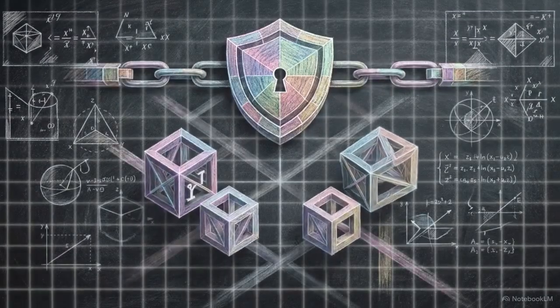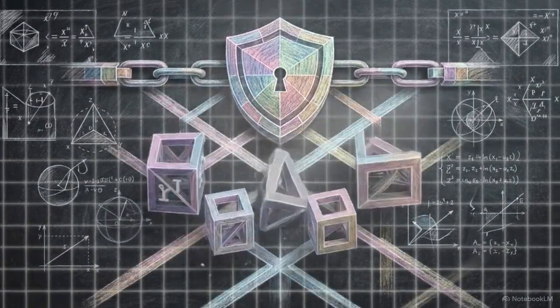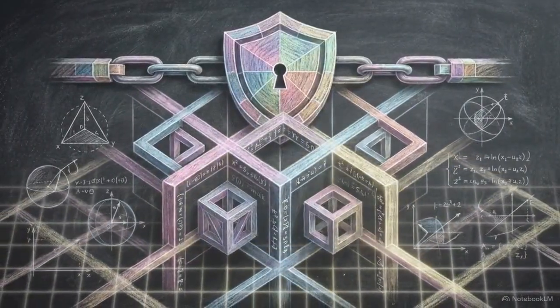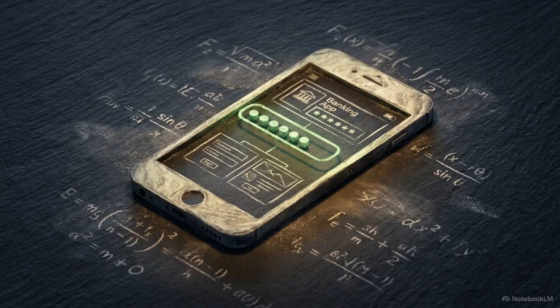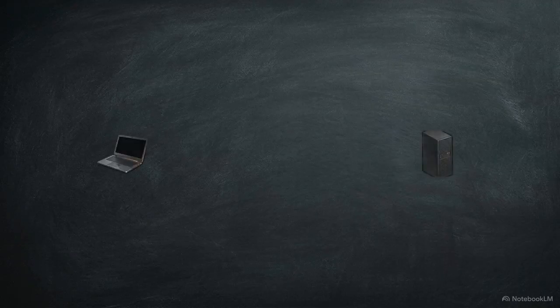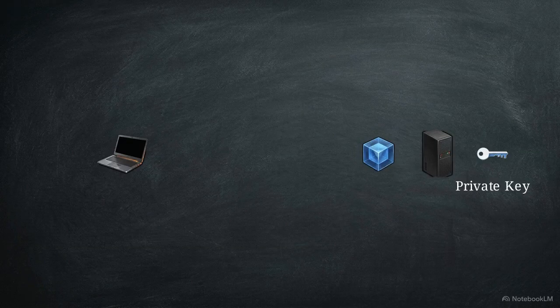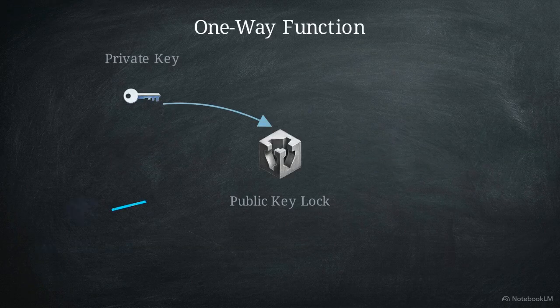Digital security is a structure built on math. We rely on the sheer complexity of specific puzzles to shield every private message, password, and financial transaction we send across the internet. To keep that data private, your device and a server use a pair of keys. The server shares its public key openly, allowing your computer to scramble your information into a code that only the server should be able to read.